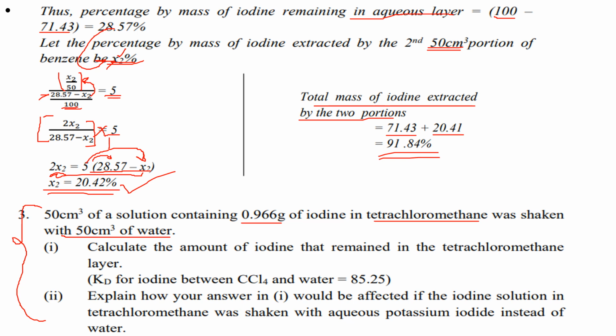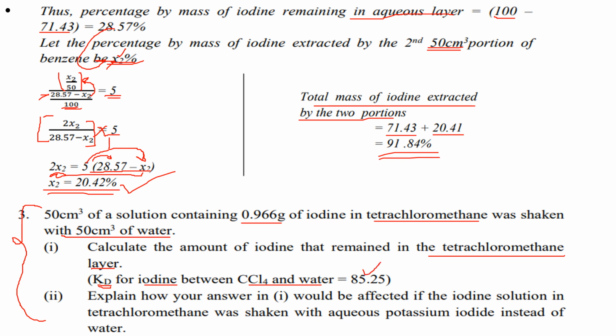Now we are saying that calculate the amount of iodine that remained in tetrachloromethane. And we are saying that the partition coefficient KD for iodine between carbon tetrachloride and water will be equal to